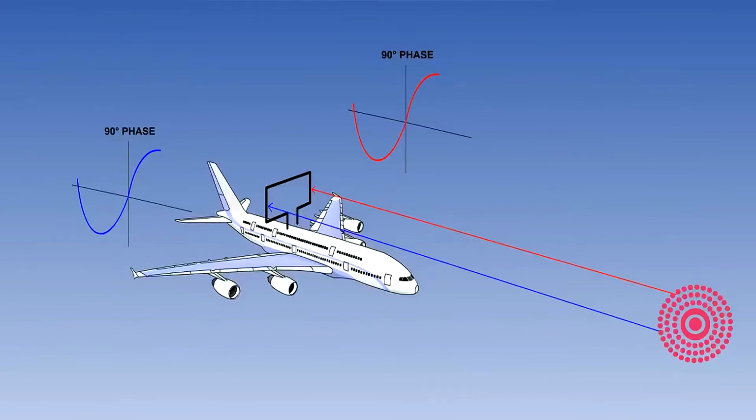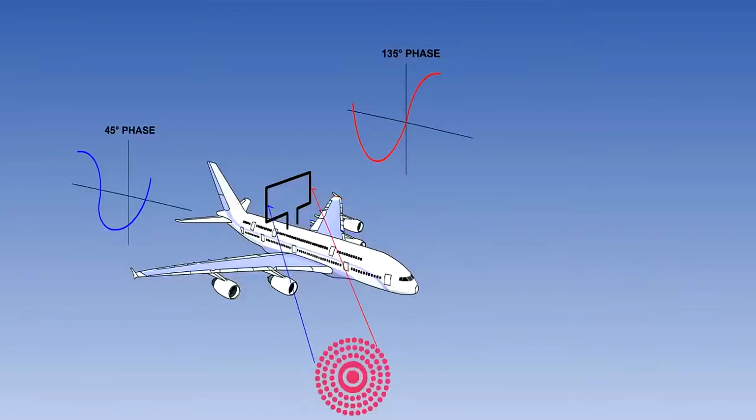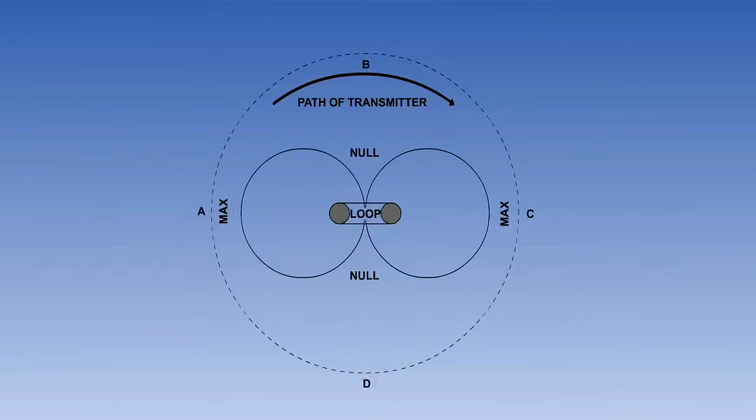The counterpart of the beacon is the airborne equipment, the ADF, and it works on the principle of the loop antenna, which we saw earlier. But let's recap. If the NDB is directly ahead or behind the loop, then the waves will reach both sides of the antenna at the same time, and there will be no voltage difference. If the NDB is anywhere but perpendicular to the loop, the waves will arrive at different times at the two elements of the antenna and will cause a current to flow.